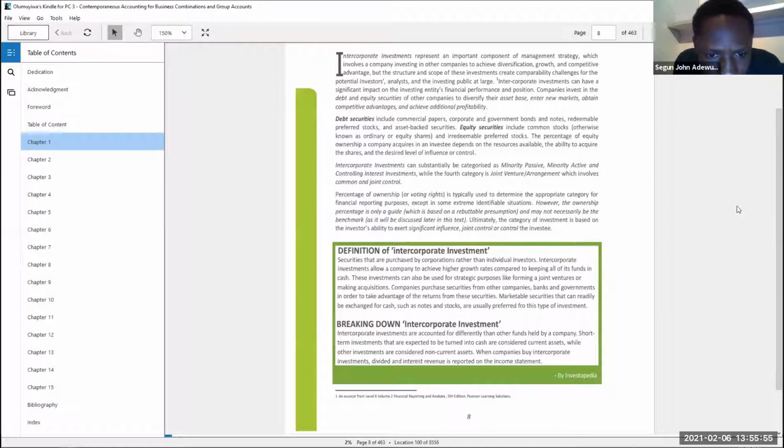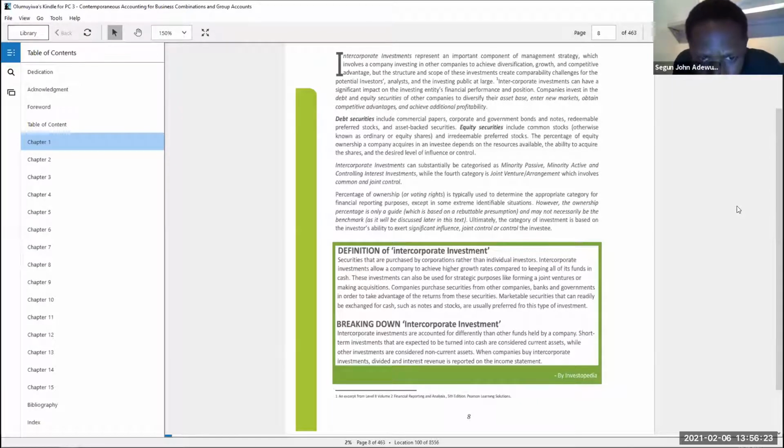These investments can also be used for strategic purposes like forming joint ventures or making acquisitions. Companies purchase securities from other companies, banks, and governments in order to take advantage of the returns from the securities. Marketable securities that can readily be exchanged for cash, such as notes and stocks, are usually preferred